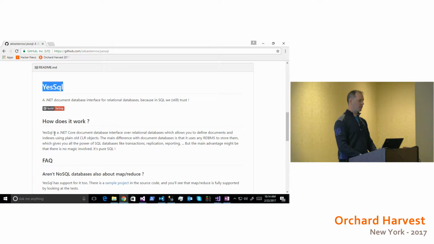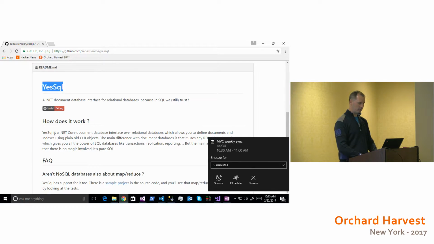How does it work? So YesSql is a library, like an anti-framework, like Hibernate, that will let you pass some raw objects, POCOs, like your classes that you want to serialize, and we'll store them, serialize them in JSON, and store a JSON document into one table, into one column of one table. Okay, and every